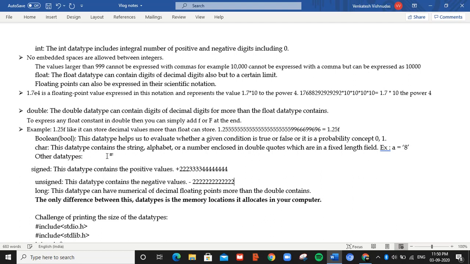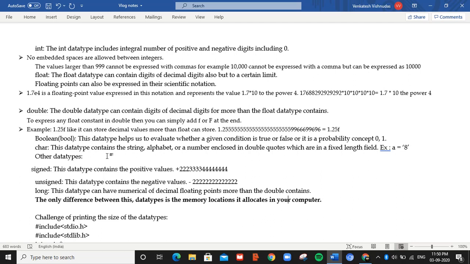The unsigned data type cannot contain negative values. So every condition has its own implementation. Long is also the same. Decimal floating points, like double, can contain as many digits as they can. The only difference between all these data types is